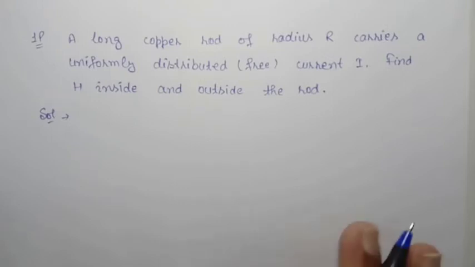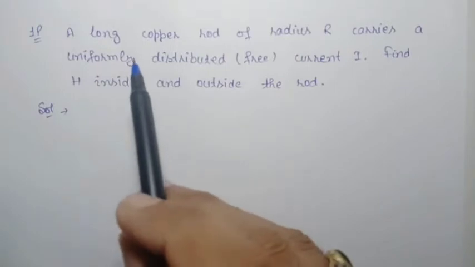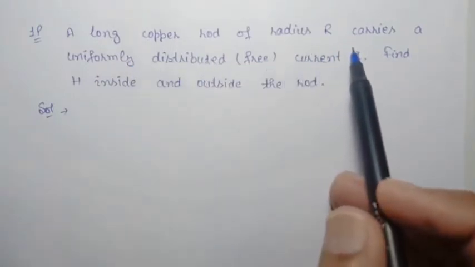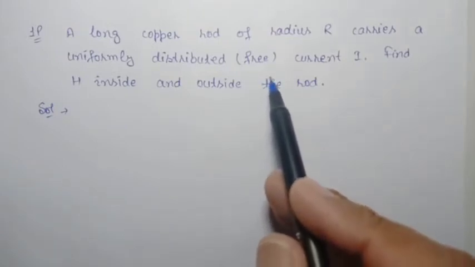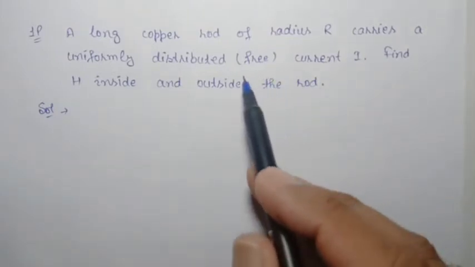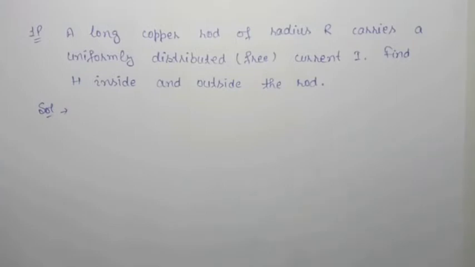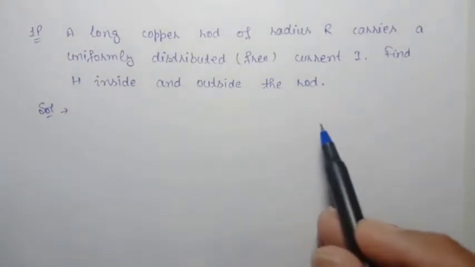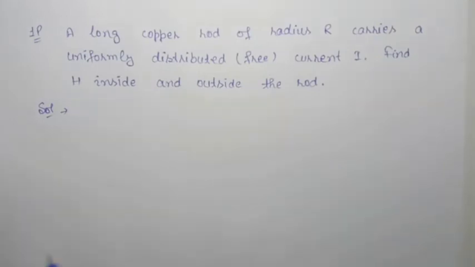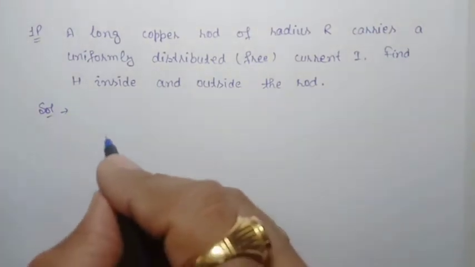So the first problem here is: a long copper rod of radius R carries a uniformly distributed current I. Here we have free current. Find H, that is the auxiliary field, inside and outside the rod. So as per our problem,